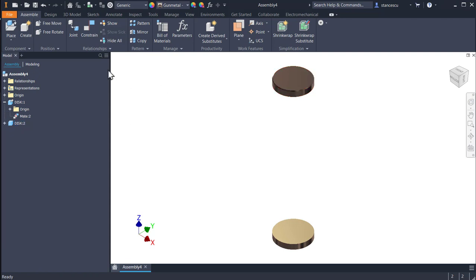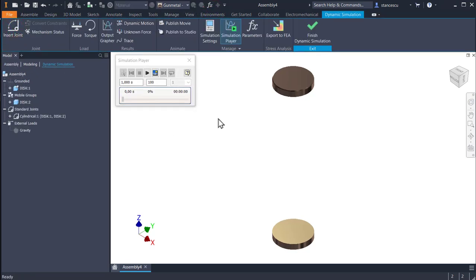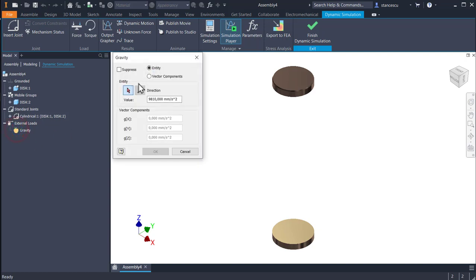Now we go to environments, dynamic simulation, and we apply gravity, because we want to see what happens, as this is grounded and this is free, as a dynamic